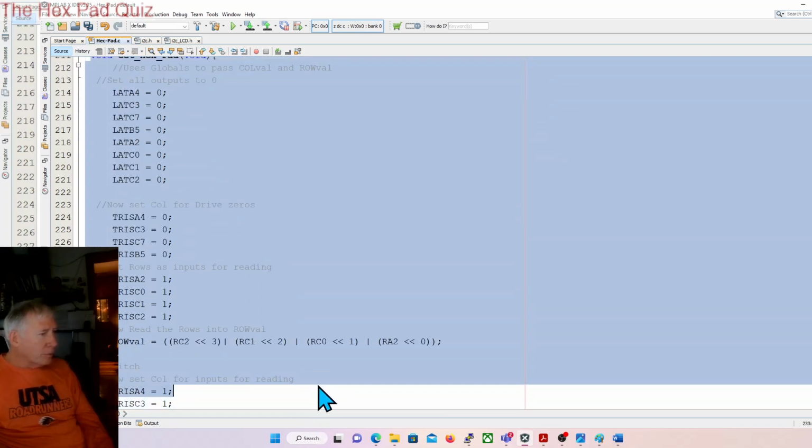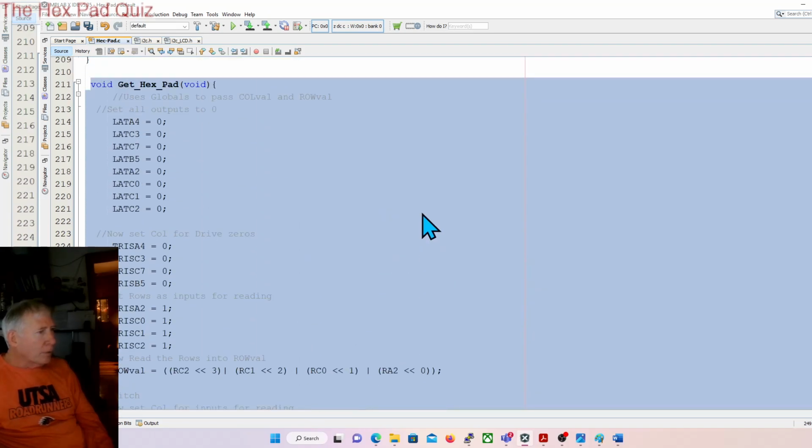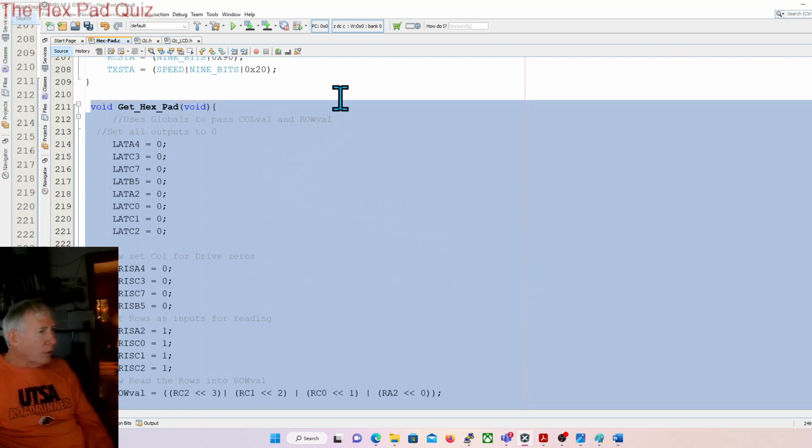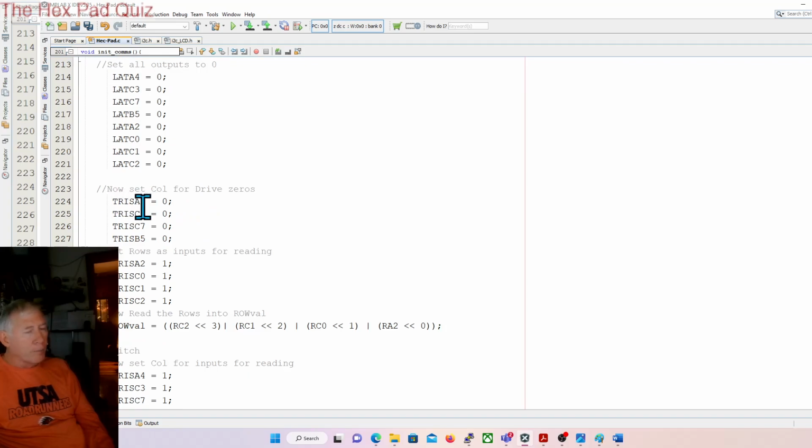Okay, this much. That's the function. And so what it does here is it sets all of the outputs to 0, and I never change that. And then it uses the pin direction register called the tris register for A4, C3, C7, B4. So we set, and it says columns, but those are actually the rows, and then this says rows, but those are actually the columns because I switched it around, I guess, is what happened. Anyway,